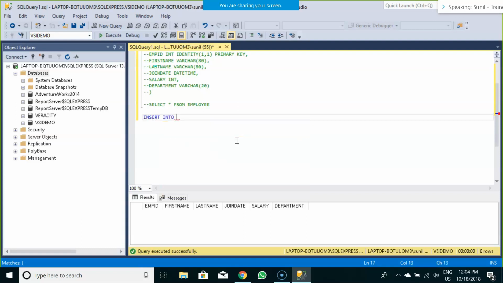I will write it as insert into employee, first name, last name, join date, salary, department, and the respective values.